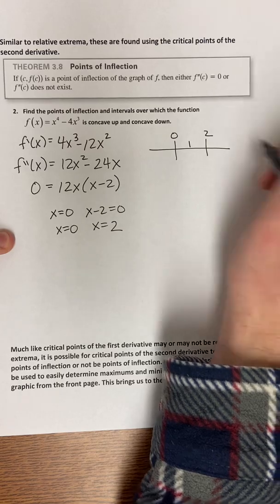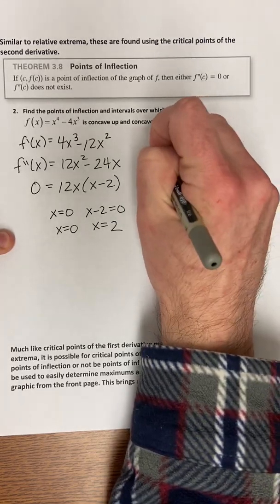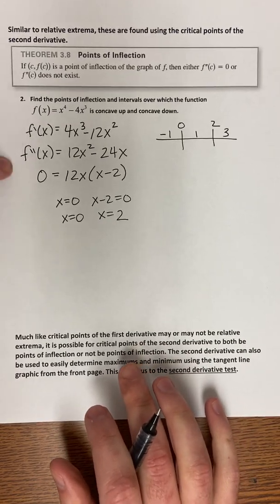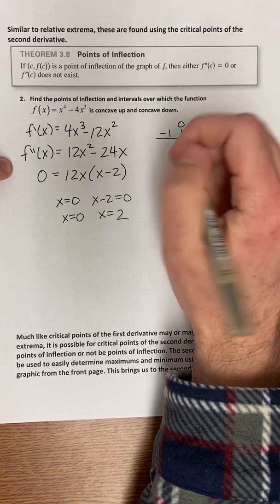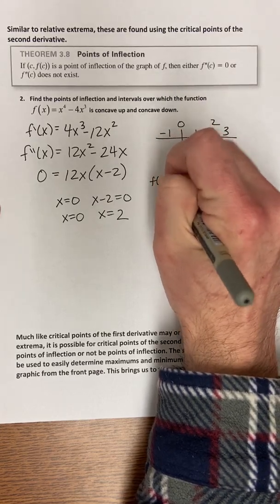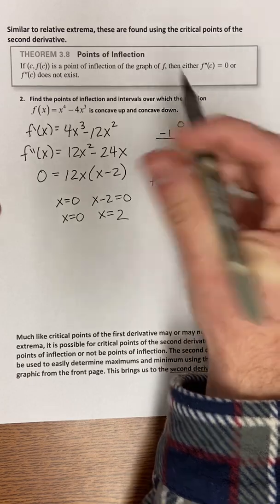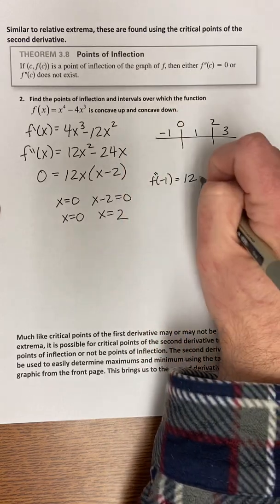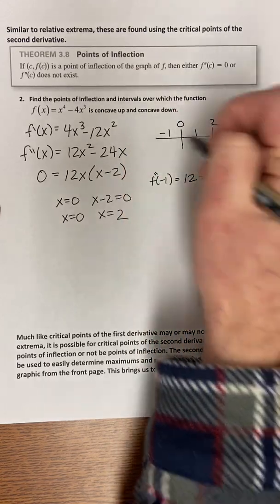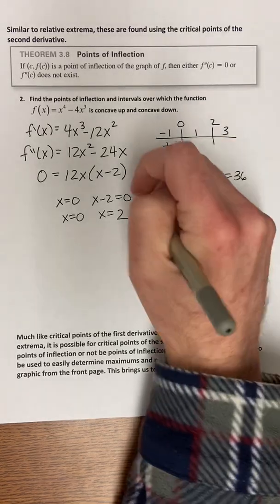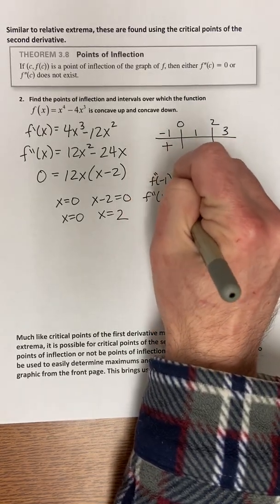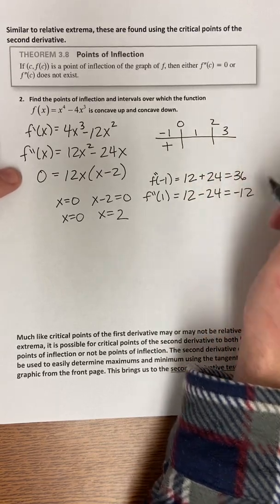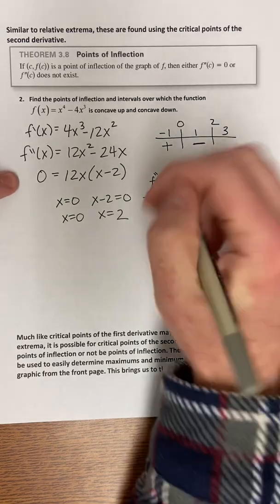A nice number between them is 1. A nice number bigger than 2 is 3. And even negative 1. And again, we're going to plug this into the second derivative. So let's do negative 1. F double prime of negative 1: negative 1 squared is 1, so 12, plus 24, which is 36, but mostly it's positive. When you plug in 1 to the second derivative, you get 12 minus 24, which is negative 12, so that one's negative. And if you plug in 3,